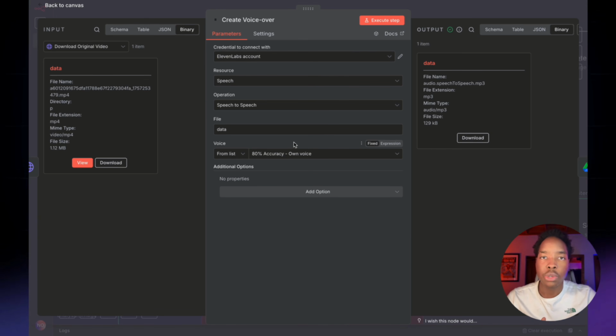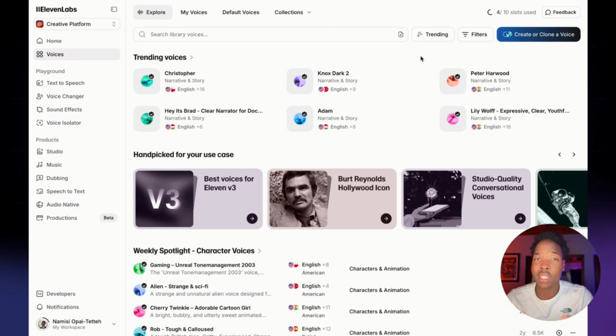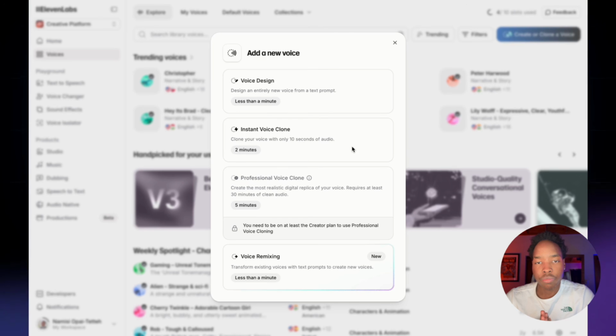So let's jump over into ElevenLabs, and I'll show you how you're able to clone your voice as well as connect it to n8n. So this is ElevenLabs. This is what it's going to look like once you sign in. And to create a clone of your voice, where it says create or clone voice, and you've got